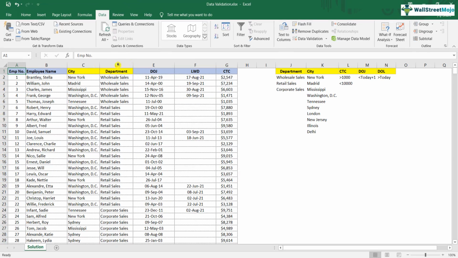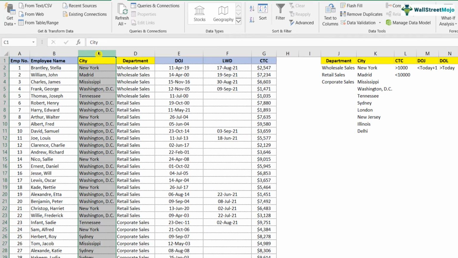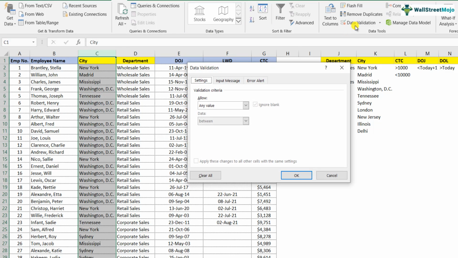So what I'll do is first we'll start with the text validation. So I'll select city. I've selected simply the entire row. So I go into data validation. Inside settings, currently it's at any value, basically I can input anything over here, but I want to create a certain set of rules that should be applicable to this particular row.